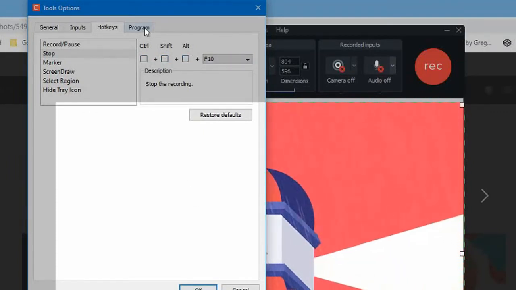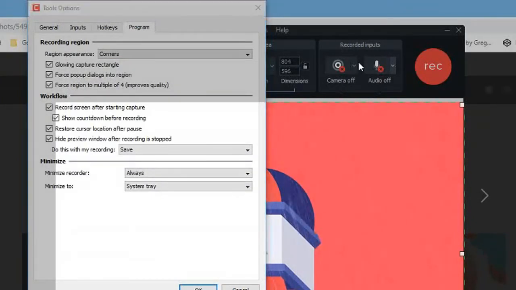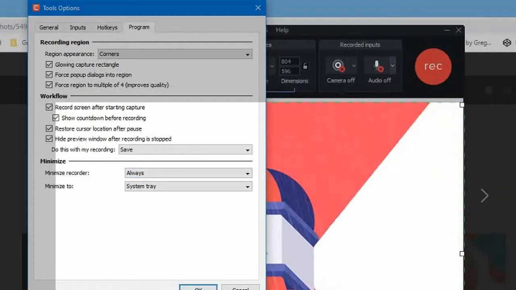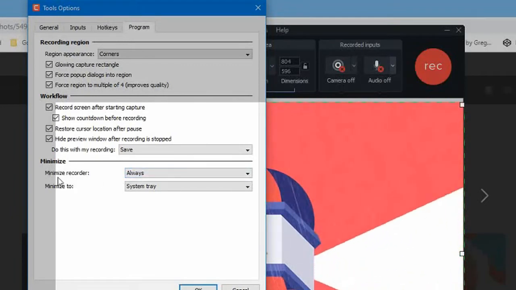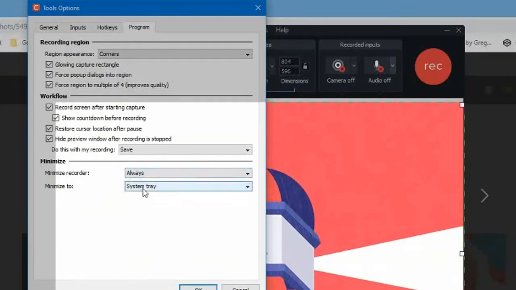So that way you can customize these keyboard shortcuts. And one more thing I would like to tell you in Camtasia Recorder, that you might not have seen the Camtasia Recorder icon when I was recording this screen here. That is because I have hidden that recording icon in the system tray, and you can do that from this minimize customization options here. Here you can see that you have two options, minimize recorder, and I set it to always because I want Camtasia Recorder to get automatically minimized when I press the recording button.